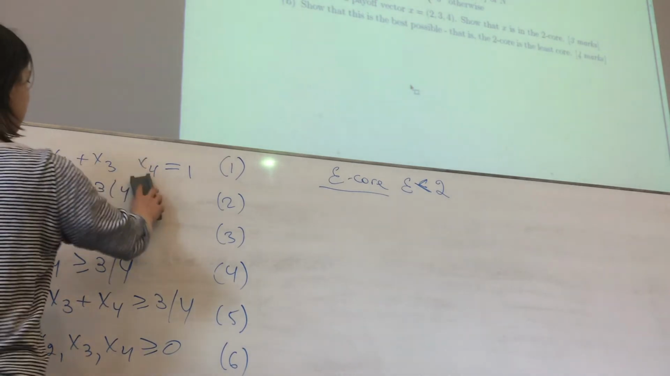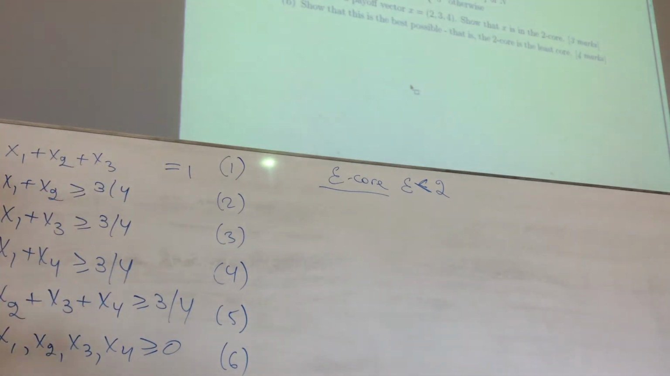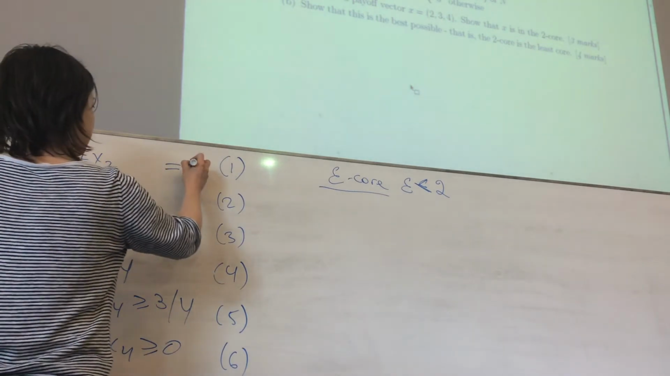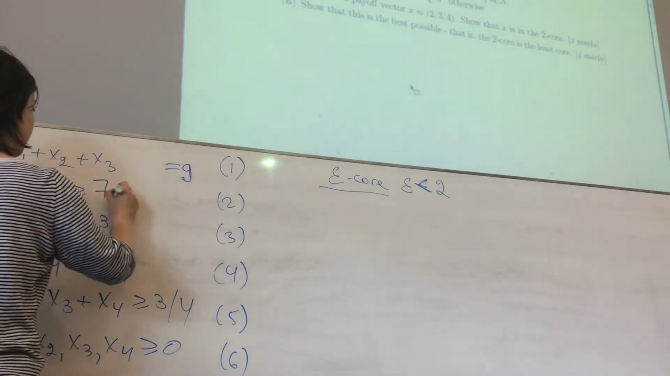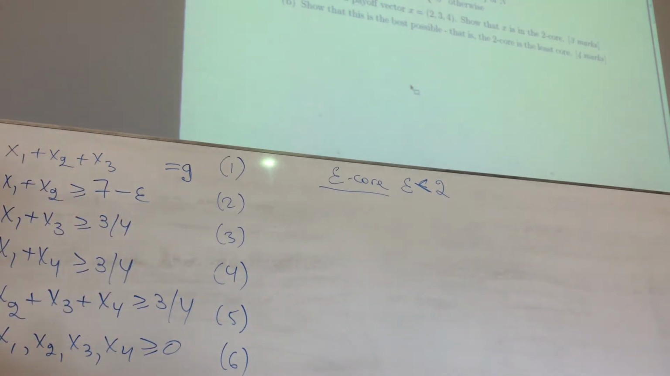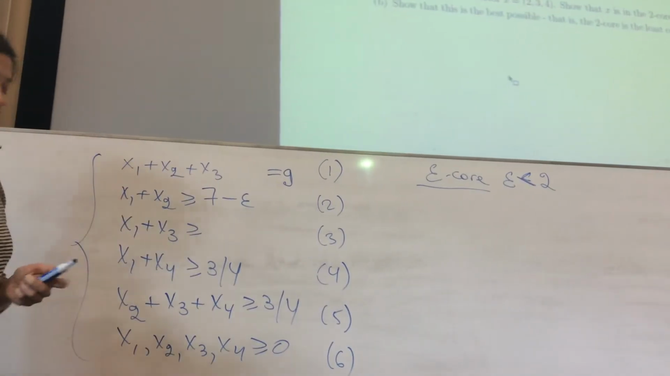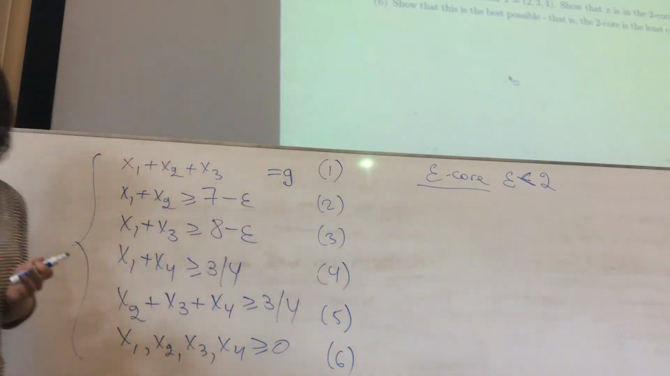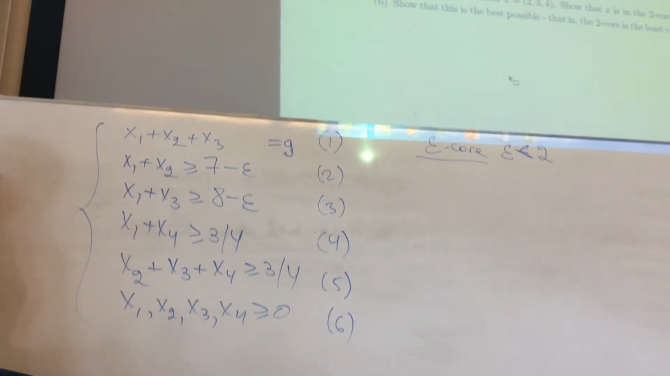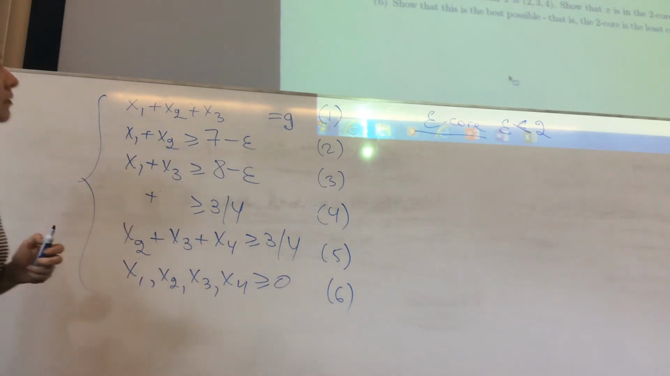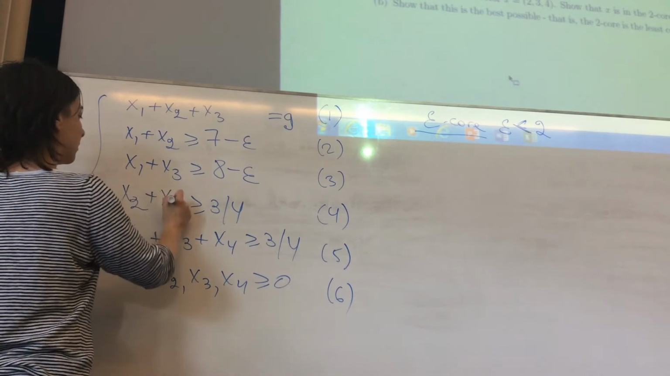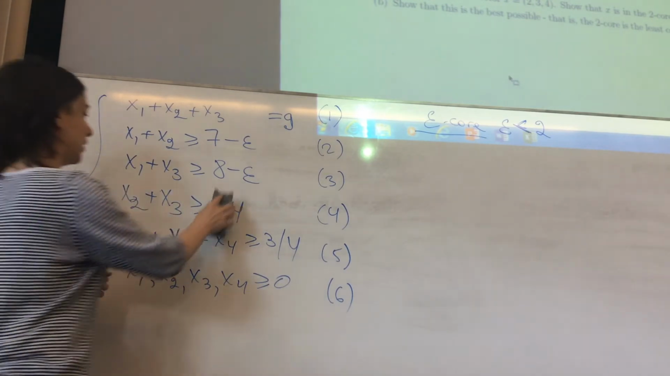So now we have 3 agents. x1 plus x2 plus x3 is 9. And x1 plus x2 is greater or equal 7 minus epsilon. x1 plus x3 is greater or equal 8 minus epsilon. And x2 plus x3 is greater or equal than 9 minus